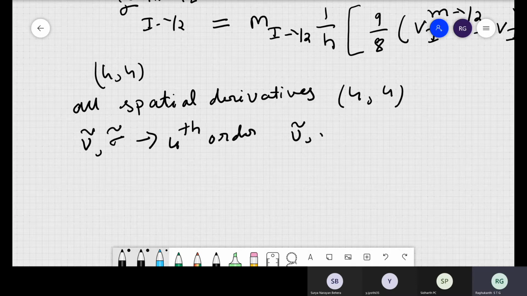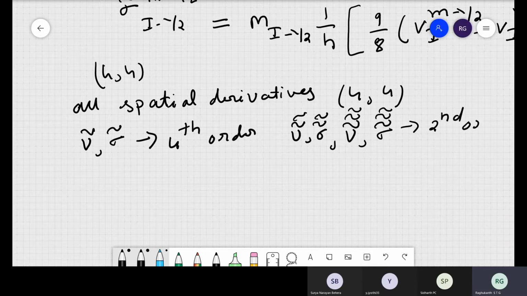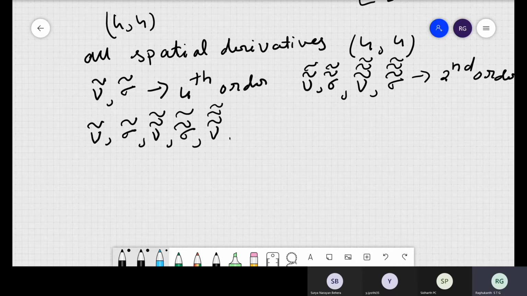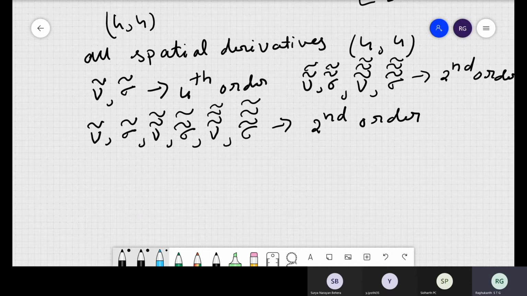So double these things, and then you see thrice, you followed, right? If you use a second order, that also gives you 4 comma 4 itself. Then we can have, or you can approximate. So we had sigma hat, and this double hat, and all these things you represent in terms of second order, because they are also derivatives only. So you can derive a variety of schemes based on this.